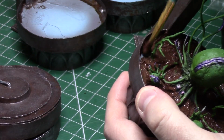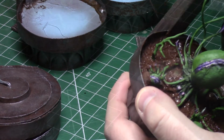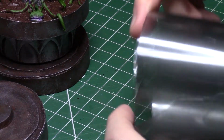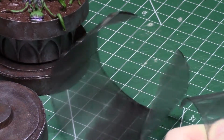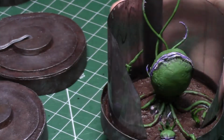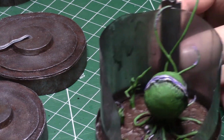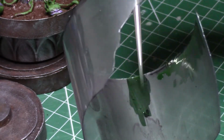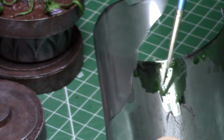Filled in the bottom of these things with some texture paste. No big secrets there, just texture paste all over the bottoms. And then grab my scissors and cut out one of those cylinders, the short one, to make a broken piece that I could fit around the front of the Audrey 2, for lack of a better word, and its little friends. Then I grabbed some green ink to put around the bottoms of these, just really sell the